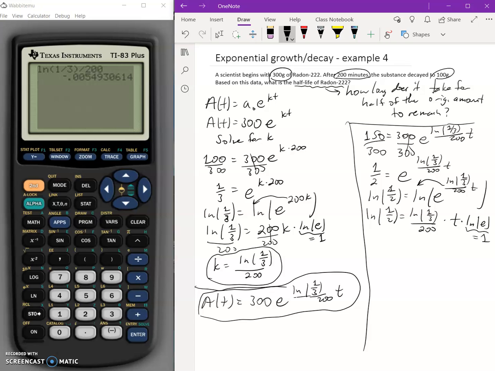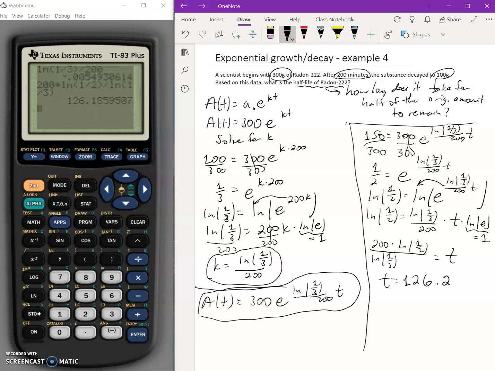So if I want to get rid of this fraction in front of t, I'm going to multiply by the reciprocal. So what that means is I'm going to multiply by 200 over natural log of 1/3. And I'm multiplying this by natural log of 1/2. And that is equal to my t. So let's go to the calculator. We will type this in. So I will do 200 times natural log of 1 divided by 2. That is going to be divided by natural log of 1 divided by 3. Close the parentheses, and my t is equal to